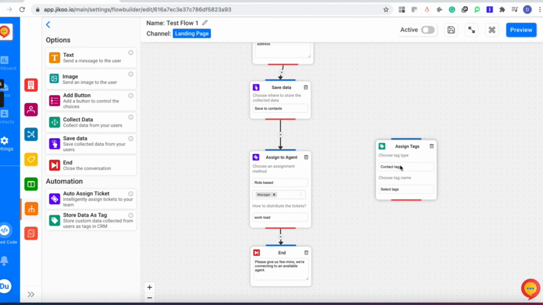The name itself defines the use case, right? You can store the customer data as tags in the inbuilt CRM of Jiku. Let me explain two use case scenarios.